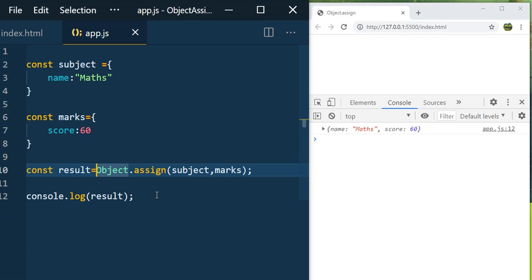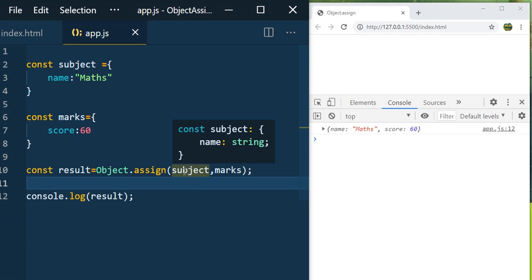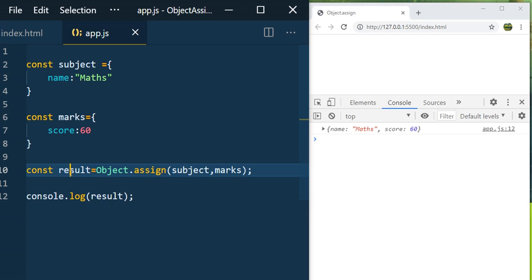What Object.assign does is it copies all the values and properties of the source to the target, and the target here is subject, and after that it returns the merged object, which is nothing but the result object here.